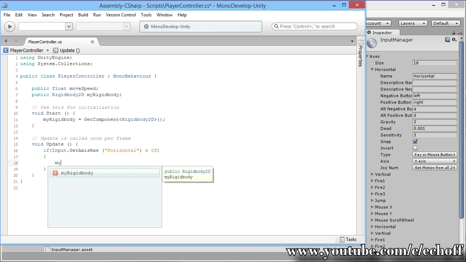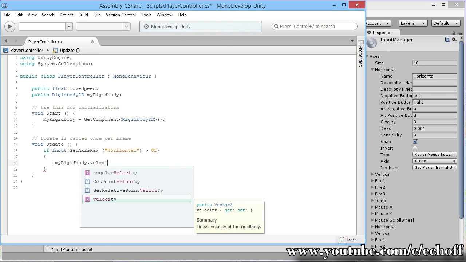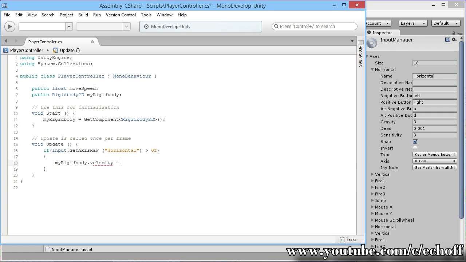So now that we know that we're checking for moving to the right, we can say in here, myRigidbody.velocity. The velocity is obviously how quick the player is moving. And we know that we want to use the movement of our rigidbody. Within our rigidbody is a component of velocity that controls how fast it's moving within the world. So we're going to be making changes to that to make our player's velocity to the right be whatever our move speed is up here. So we say myRigidbody.velocity is equal to